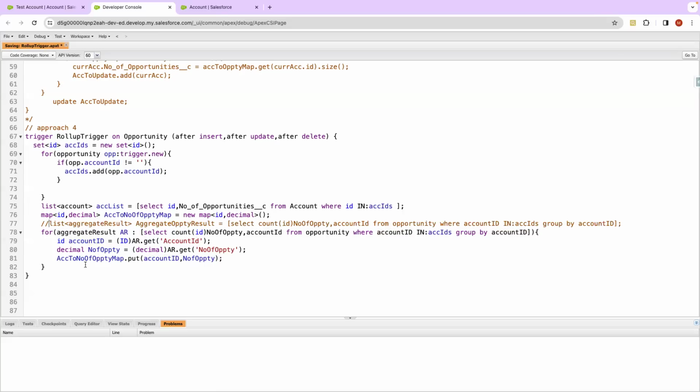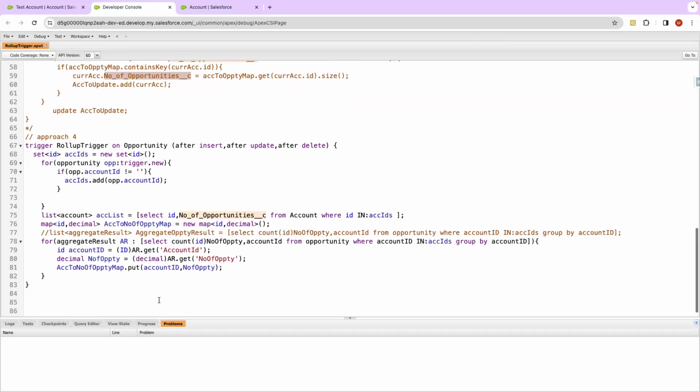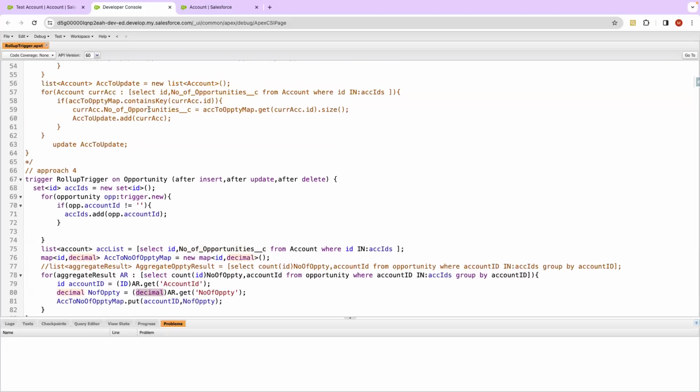यस मंजू, सर, गो अहेड। वो जो उसका रिजल्ट आने वाला है वो डेसिमल में आएगा वैल्यू, तो इसीलिए डेसिमल लिया है क्या? करेक्ट, क्योंकि देखो अल्टीमेटली जो नंबर ऑफ अपॉर्चुनिटी ये जो फील्ड है ये डेसिमल फील्ड है, ठीक है। इस वजह से हमने इसको डेसिमल लिया है क्योंकि इसमें हम लोग डेसिमल में वैल्यू डालने वाले हैं, ठीक है। अदरवाइज वो फिर हमें एरर देगा कि दोनों तरफ से वेरिएबल मैच नहीं कर रहे हैं, ठीक है, डेटा टाइप मैच नहीं कर रहा है। इस वजह से हमने यहाँ पे डेसिमल लिया है और इसी वजह से यहाँ पे हमने डेसिमल टाइप कास्ट करा है इसे, सो दैट जब यहाँ पे हम करेंट अकाउंट डॉट नंबर ऑफ अपॉर्चुनिटीज करेंगे, ये एक डेसिमल फील्ड है, तो वहां पे डेटा टाइप मिसमैच नहीं हो, ठीक है।